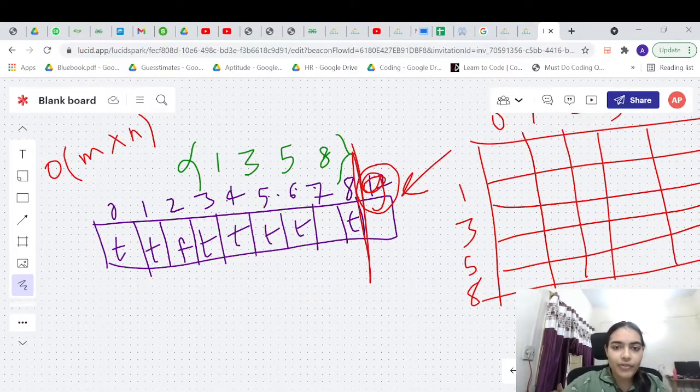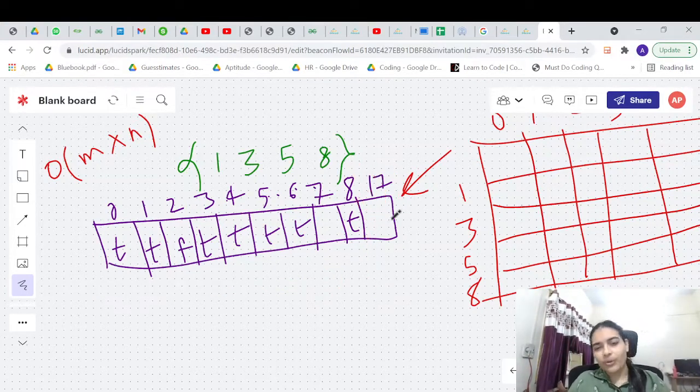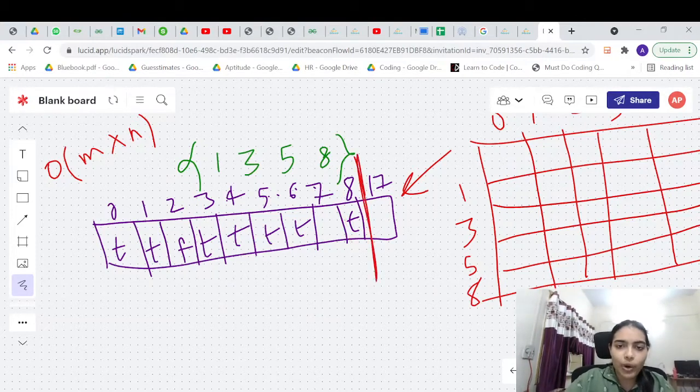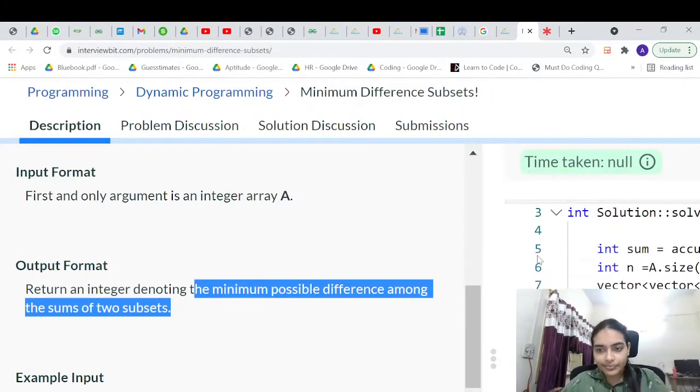So you can just take half of this table. You need not iterate over the entire array itself. If you want to iterate, you can iterate. Anyway, the time complexity for iterating will be O of n. Whether you take half of the array or the entire array, it will be O of n. But in this case, it's best to just take half. Why do you want to repeat calculations again? So you can simply take up to this value, iterate, and you will get your answer. Okay, so now let's see the code.